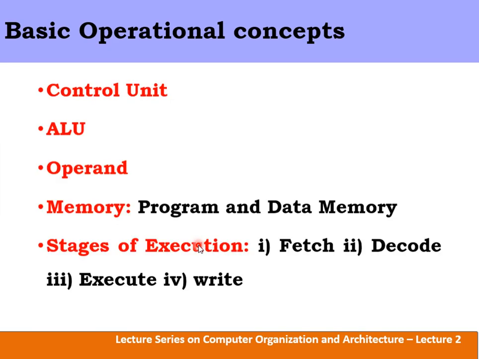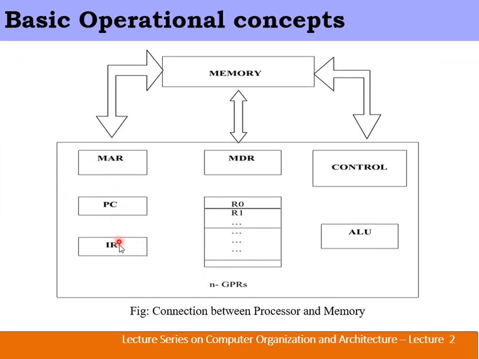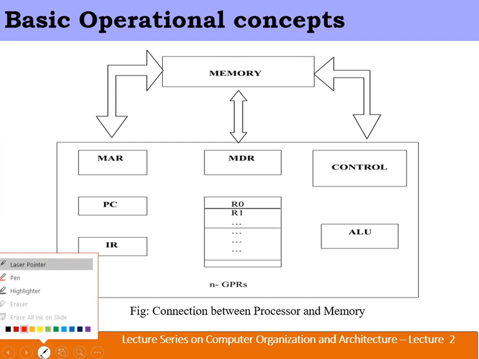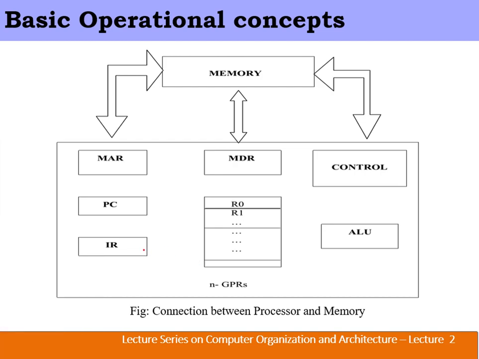Here we'll discuss with the help of the diagram. The first thing is that the program counter will be pointing to the first instruction in the memory. Now the program counter contents will be transferred to the memory address register. So once the memory address register is pointing to the first address of the memory location,